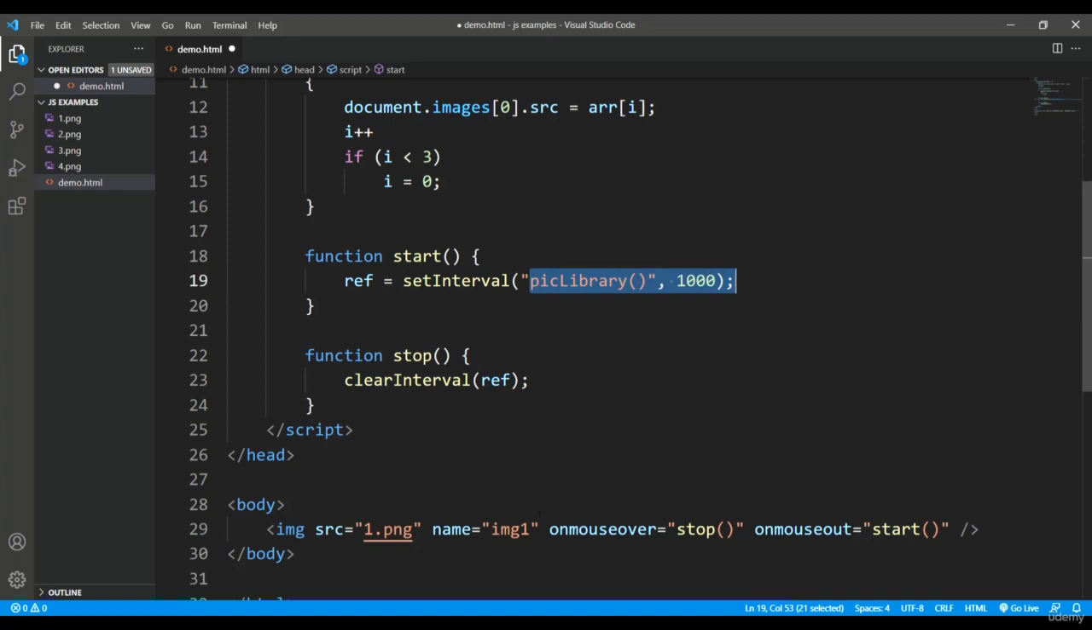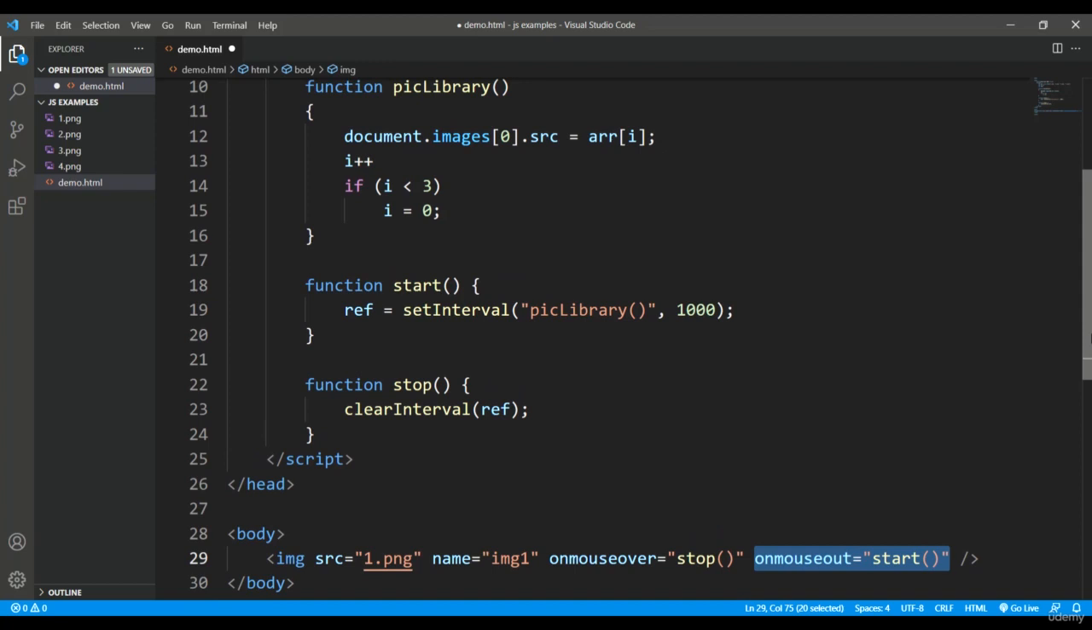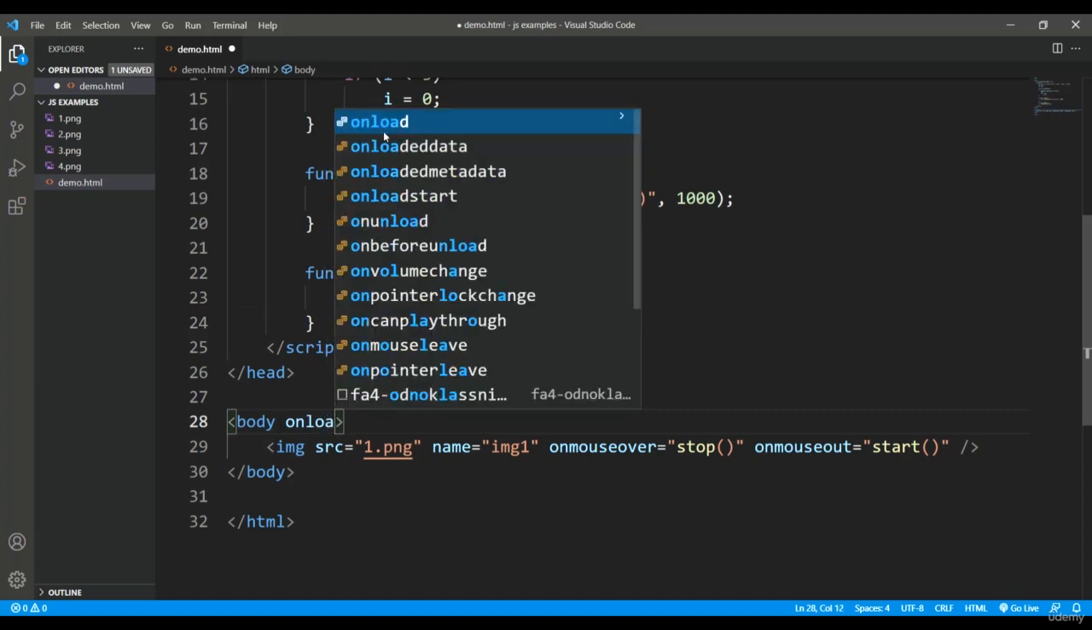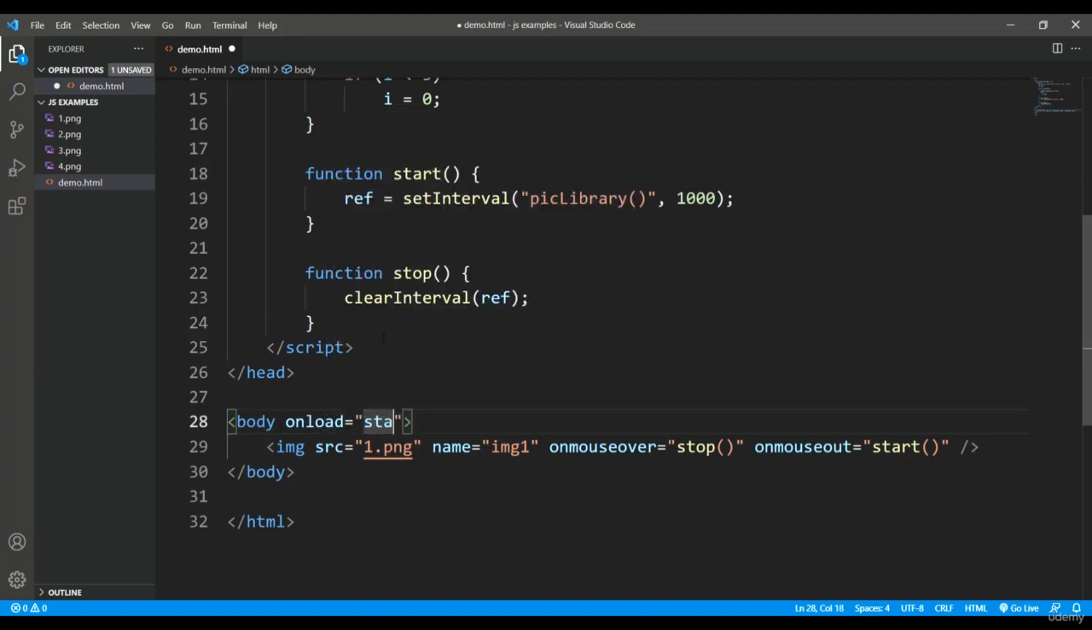And I'm stopping that as soon as you put the mouse over the image, on mouse over. It means you can easily see that particular image, but as soon as you do mouse out, again that particular interval would be set. So you can do that. And one more thing, I want this slideshow to be started as soon as the page gets loaded. So I can also call this start function on the onLoad event. So what I'll do, I'll simply say start. Alright,